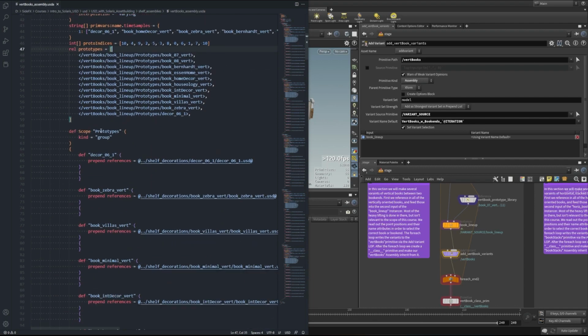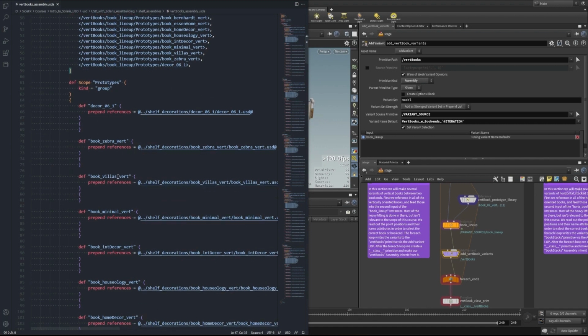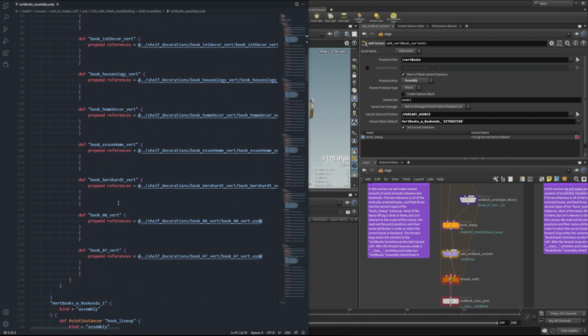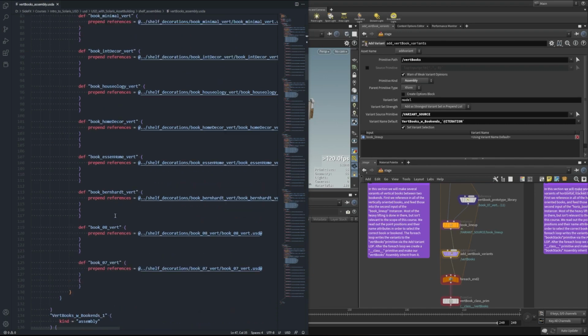And as we come down here, we can see what all those prototypes are set up as, and they're just set up as references. Each of these is defined as a reference to a file on disk that we've already created. So these are very basic setups. That way we already know that we're bringing in that file from disk, which is exactly what we want. And it'll be portable, right? These are all relative, so we're able to just move this whole folder somewhere, and we'd be able to load these files just the same as if we had them on our computer when we were writing them here locally. So it's a really easy way to reference these in